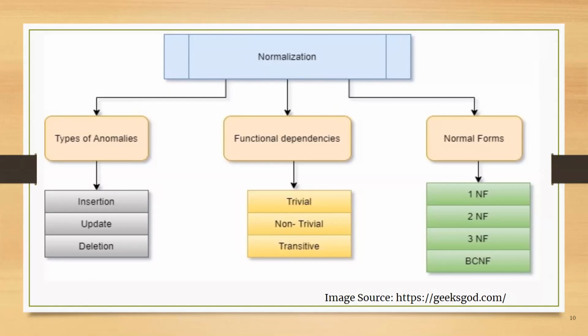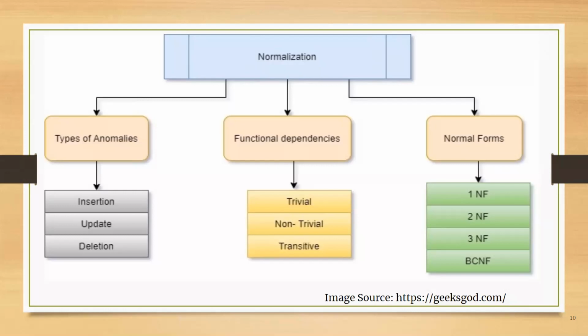Basically, it divides your larger tables into smaller tables, or you can say subtables, and then links them using the relationship. Again, the relationship here refers to your primary key relationship and foreign key relationship. And data redundancy takes place when the same piece of data is held in two separate places.